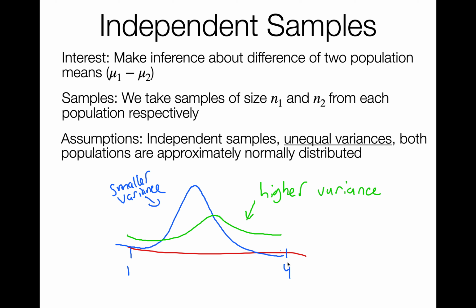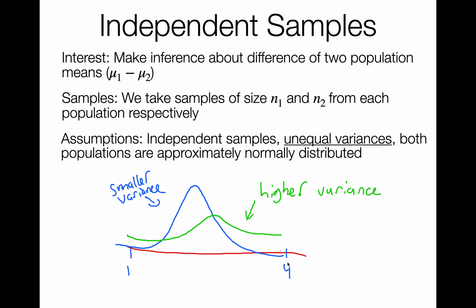And so, for example, in a case like when we looked at GPAs, it's actually probably a good assumption to have unequal variances because when you're a sophomore, you don't have as many classes under your belt. The GPAs are going to vary more when you're a sophomore, but as you take more and more classes, your GPA is going to settle in on a number. But they're going to regress to the mean, as we saw before in our regression to the mean example. So that kind of behavior is going to happen,